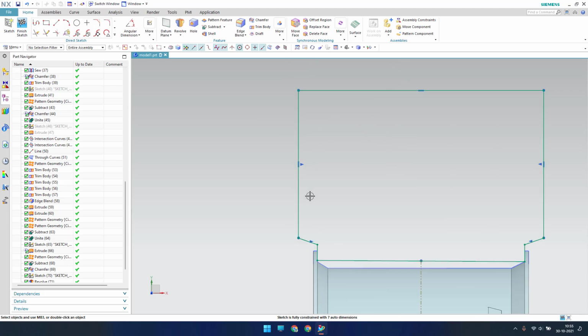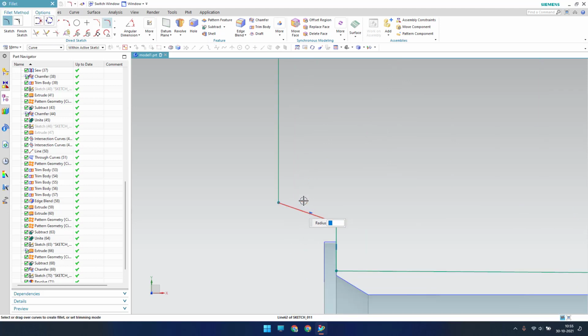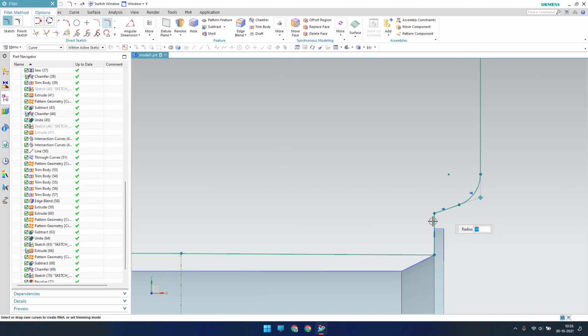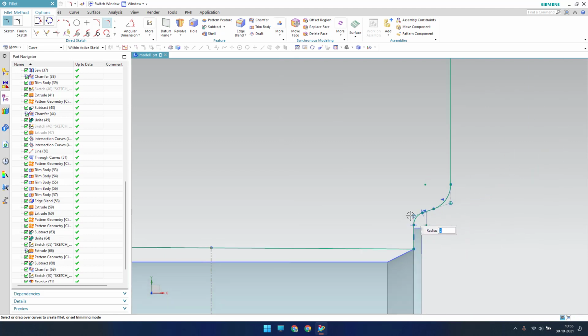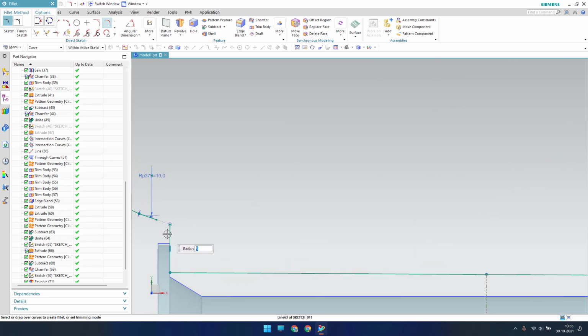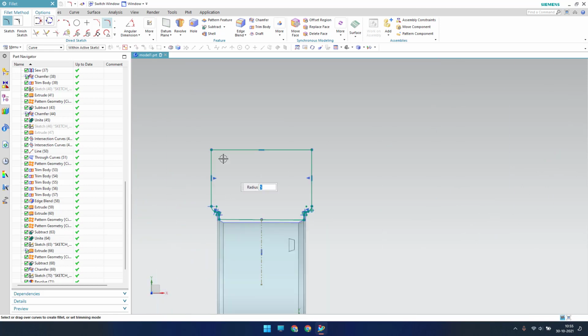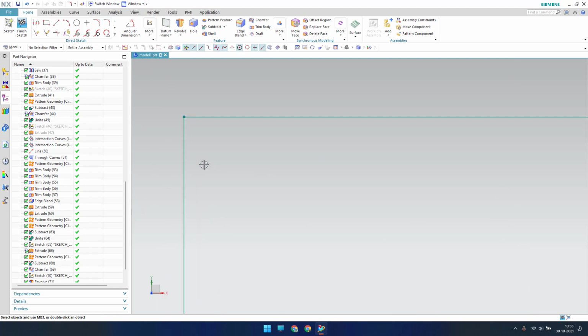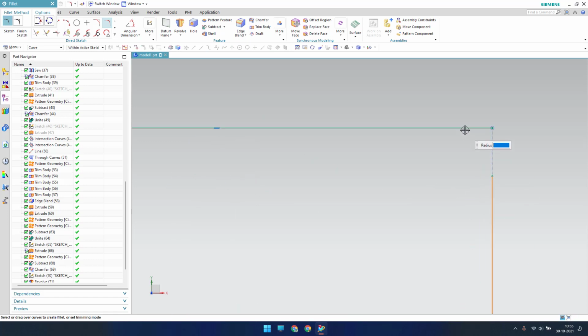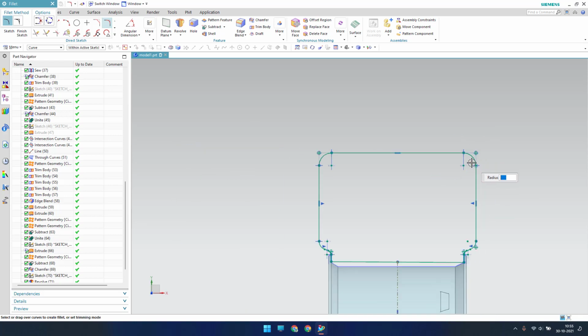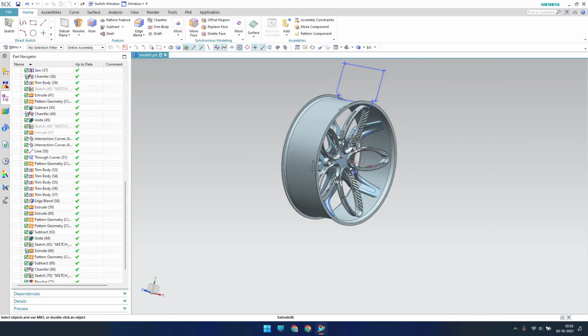So now what I'll do is I'll just give some fillets here. So go to fillet and give a fillet of 10 mm. So it should be 10 mm on the other side as well. It's already there. So here as well I'll just provide 5 mm. Okay, here as well I'll just provide 5 mm. In the same way on the top side also I'll just provide, go to fillet and let me keep it as 15 mm, and here as well it is 15 mm. Okay, so now I'll just finish the sketch and I'll just rotate it.